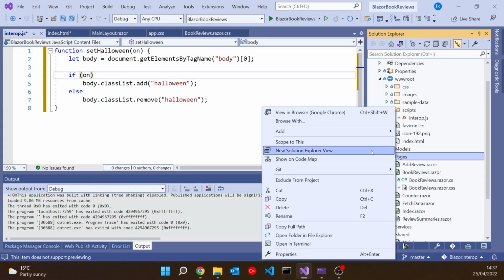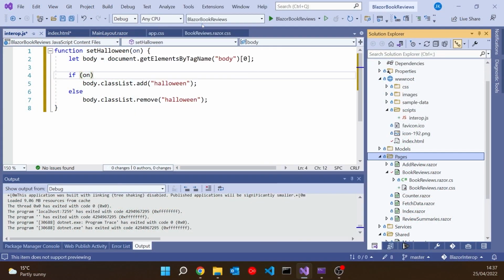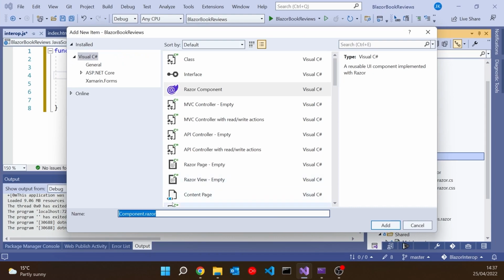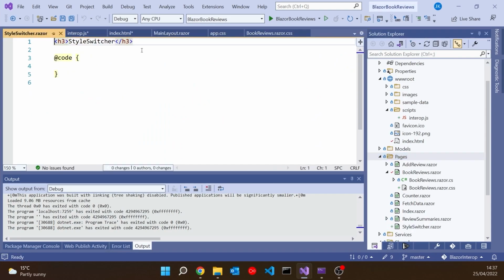The only real trick we're going to have here is to call that setHalloween from our C#. So we can do that. What I'll do actually, I'll add a new component for this. So let's do add Razor component, and I'll call this simply StyleSwitcher. And so that's what we've got there. And then I don't need to have that H3 on there.